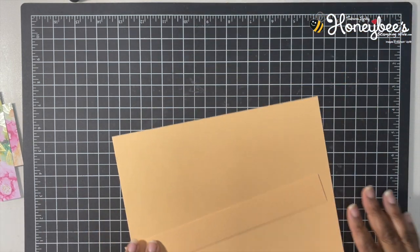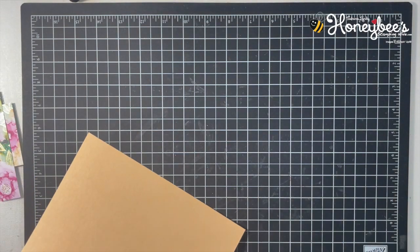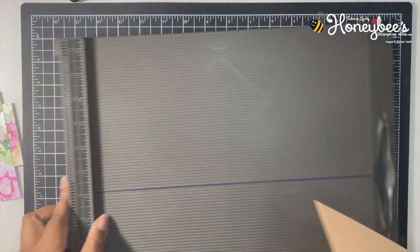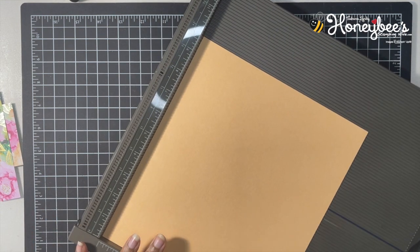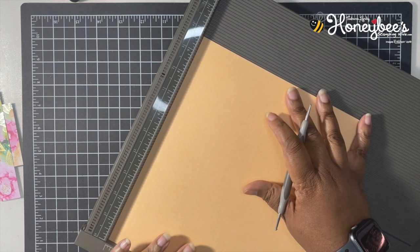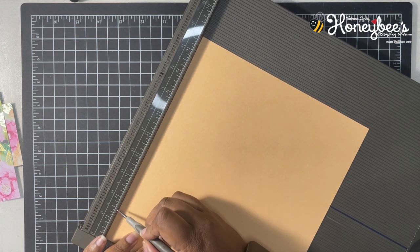Okay, so let's go ahead and get started. So what we're going to do first is go ahead and score our paper. We're going to get our Simply Scored tool, our scoreboard here. And I'm hoping that this is going to be in the camera area. Where's my little scoring tool? So on the 9 3/4 side, we're going to score at 1 1/4,